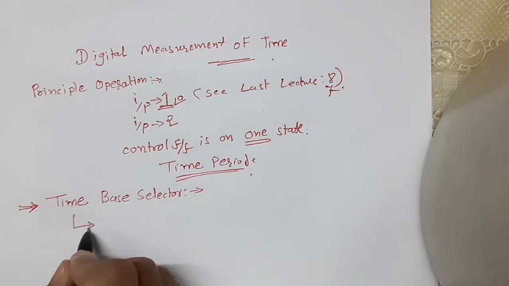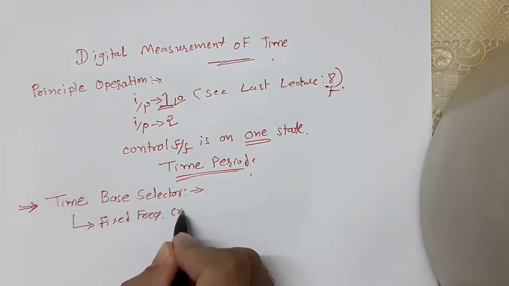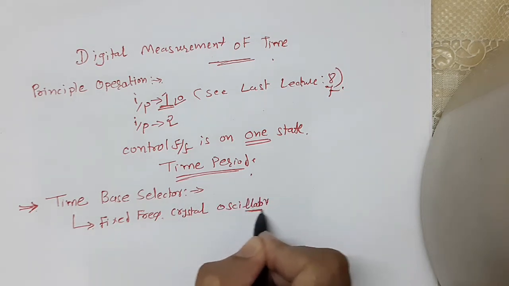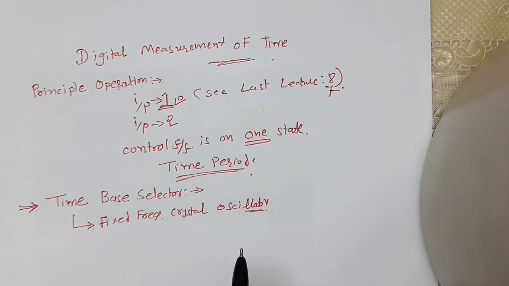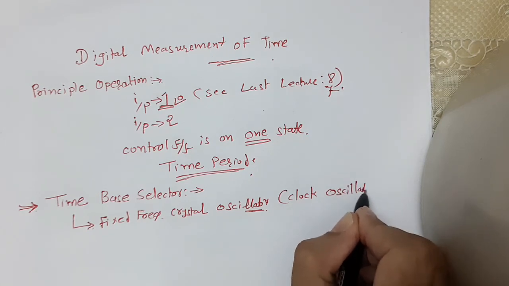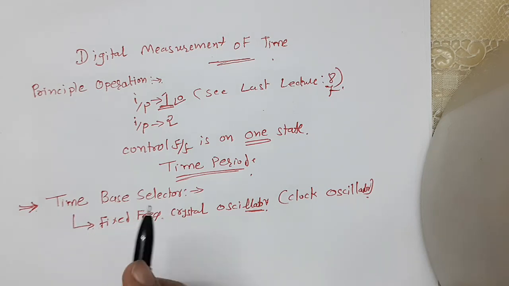frequency crystal oscillator, which is also known as a clock oscillator, which has to be very accurate. In order to ensure its accuracy, the crystal is enclosed in a constant temperature oven. The output of this constant frequency oscillator is fed to a Schmitt trigger,